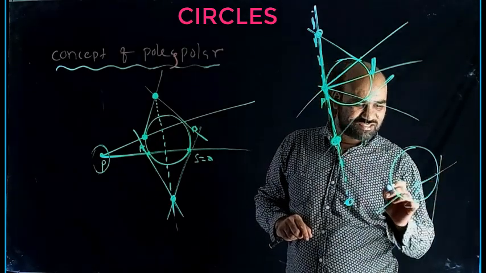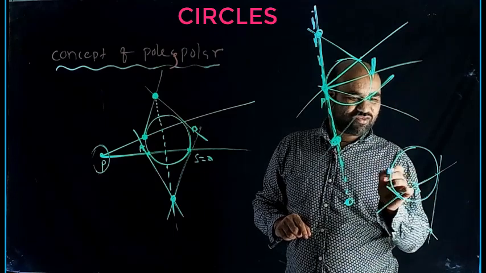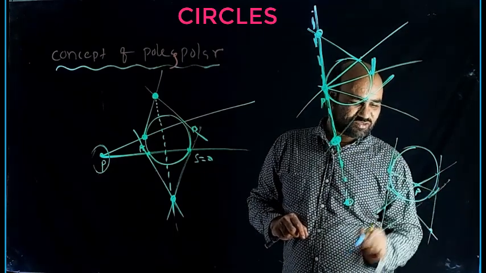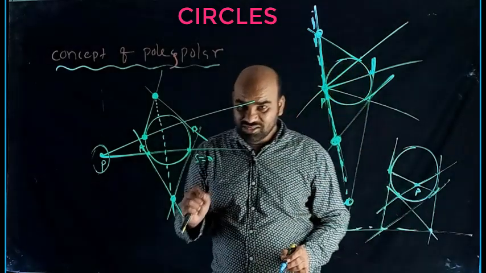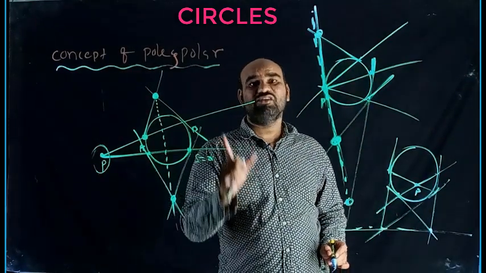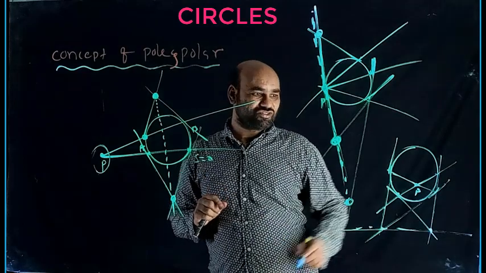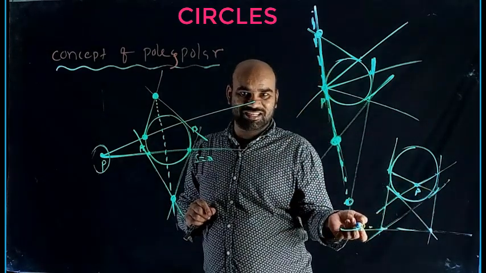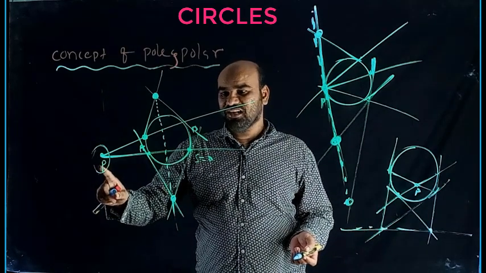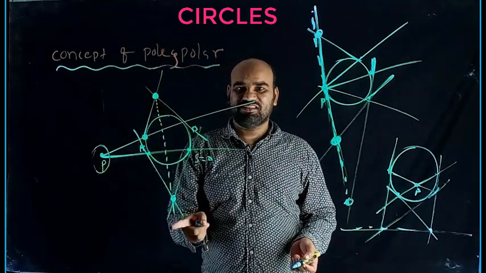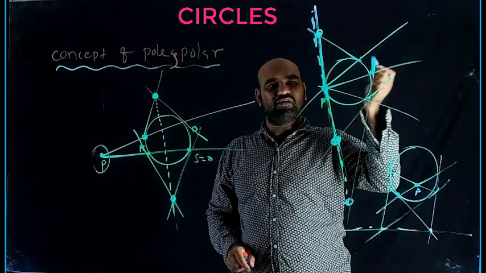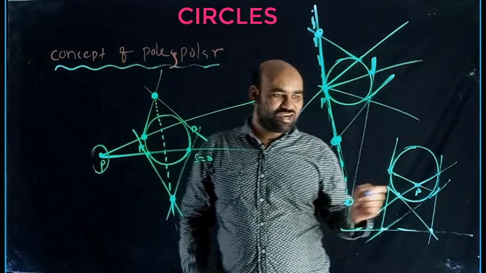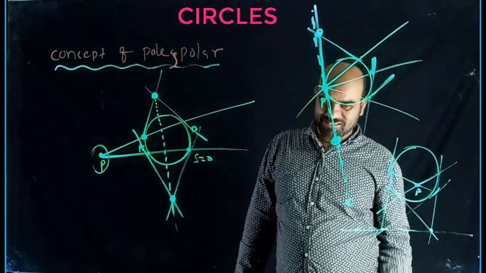So this is one of the secants, and at the extremities of the secant you can draw tangents. They meet at a point. Similarly, you can draw another secant and another pair of tangents. So all these points will form a straight line. The straight line is called polar. Okay, so P is the pole. Here P is inside the circle, the polar is outside the circle. When P is outside the circle, the polar is intersecting the circle. When P is on the circle, the pole is on the polar only, and the polar is touching the circle. So here what happened? The polar is outside, the pole is inside.